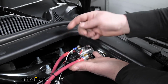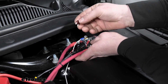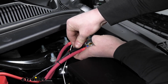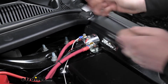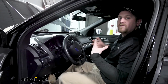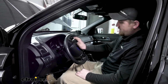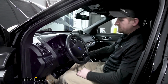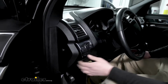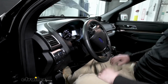So back under the hood, come to our fuse holder, open the cap up, take our included fuse, pop it into place, close the dust cover, and we can go back inside, test it to make sure it's working. So right now we should have no power at all to our car. So I'll try to honk the horn, start it, turn our lights on. We have absolutely nothing. When we push our button,